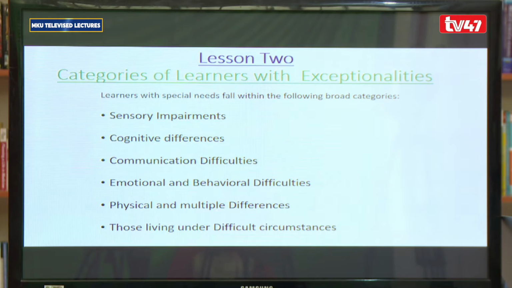So learners with exceptionalities are those that are different, those who deviate from the norm. It can be long-lasting, it can be within a short period of time, but at that particular time, they are not like those that, in special needs, we don't like talking about normal children, because when we say normal children, it's like we are saying the others are abnormal. But we are saying in one way or another, they deviate from the norm,